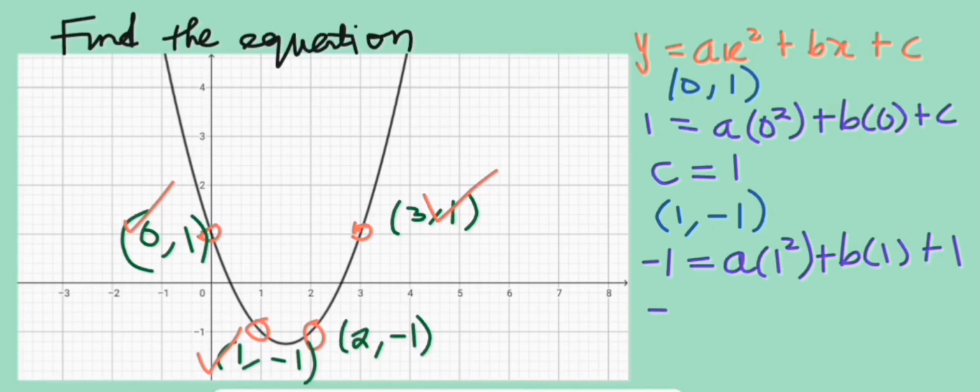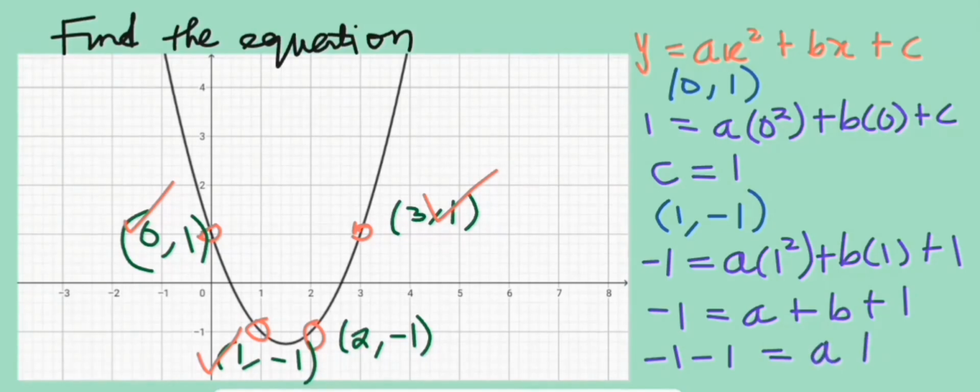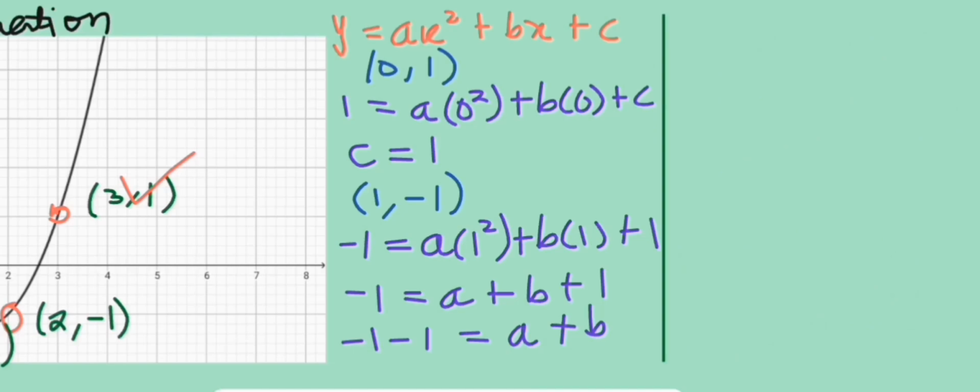So that we have negative 1 equal to a plus b plus 1, where we subtract 1 from both sides to give us negative 1 minus 1 equals a plus b, and that is a plus b equals negative 2. We're going to call this equation 1,